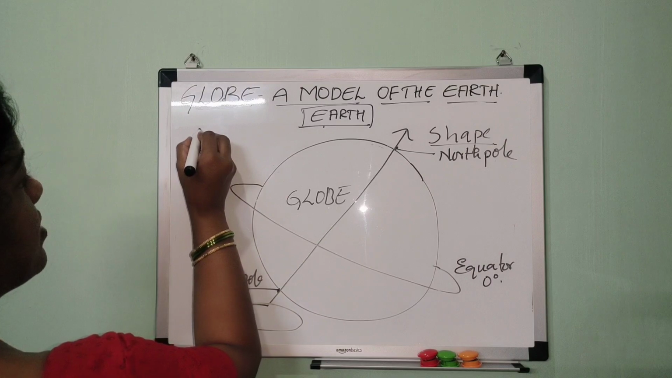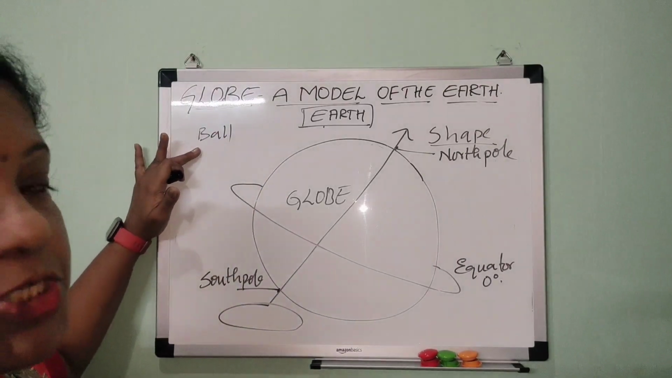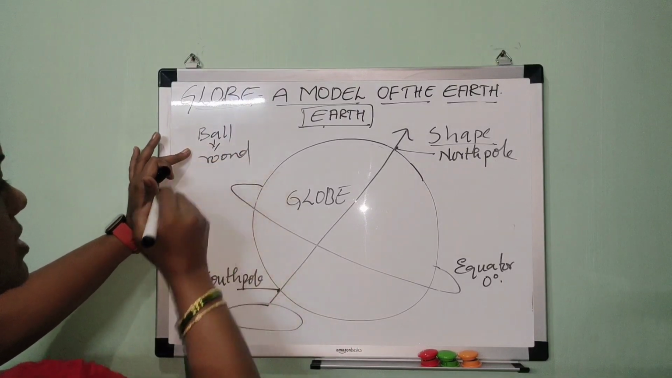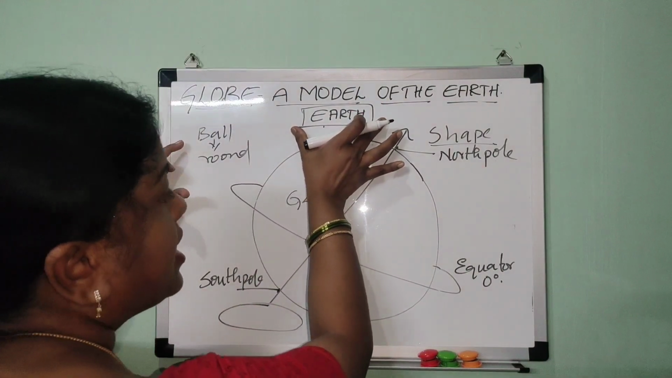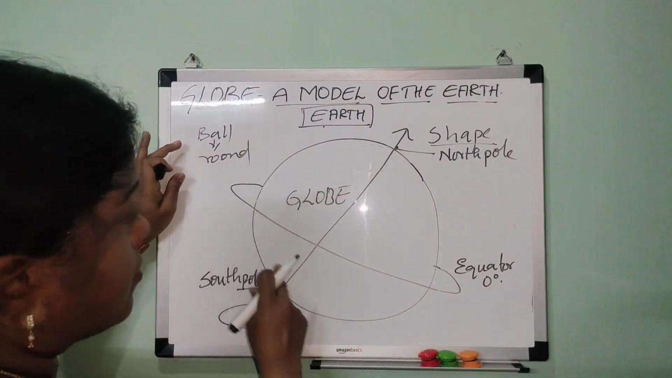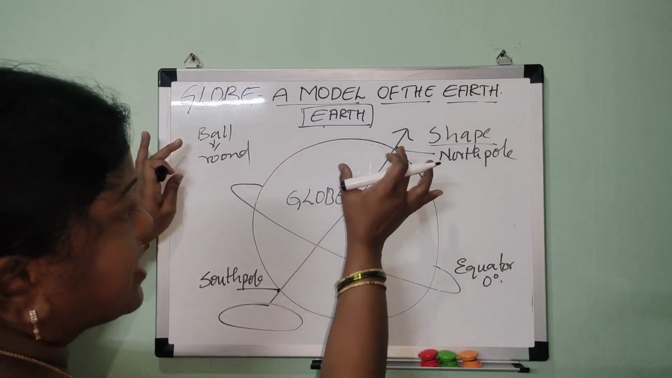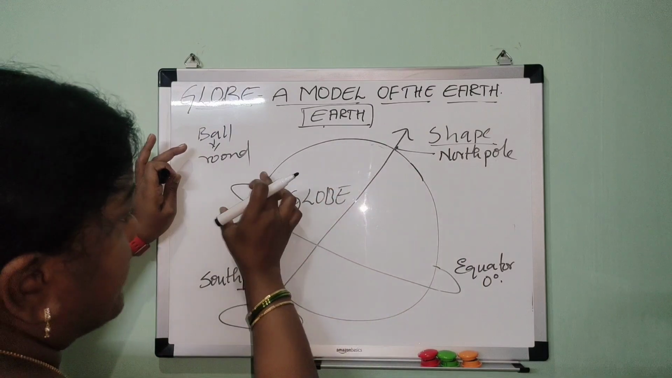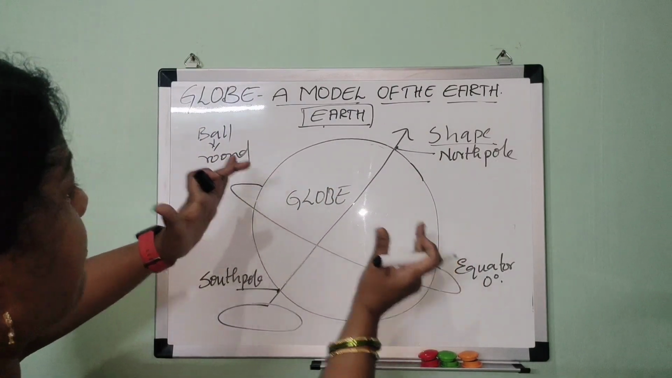Let us assume the best example, a ball. A ball is actually round in shape. But whereas our planet Earth, which is the living planet, is not round in shape. Why? Because if you observe closely the globe here, the picture which is drawn here, please observe. If you are looking at the globe, the middle part is not exactly like the shape of the ball